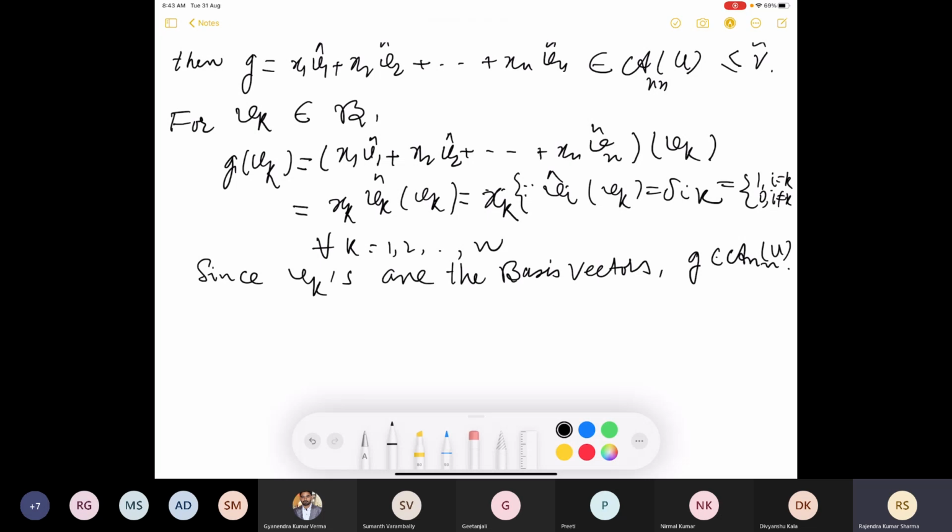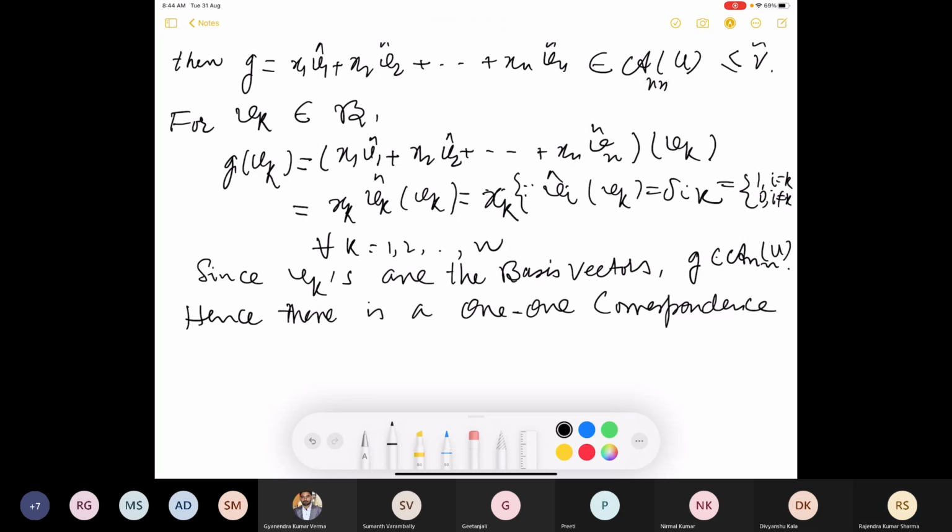So if it annihilates every basis vector, it also annihilates every vector. So what we have got is that G will be in the annihilator. So there is a one-to-one correspondence. Hence there is a one-to-one correspondence between the solution. What is the one-to-one correspondence? The solution between the solution